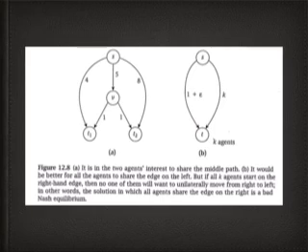Then T1 sees no advantage in switching paths since 4 is less than 5 plus 1, but T2 does since 8 is greater than 5 plus 1. And so T2 updates its path by moving to the middle. Once this happens, things have changed from the perspective of T1. There is suddenly